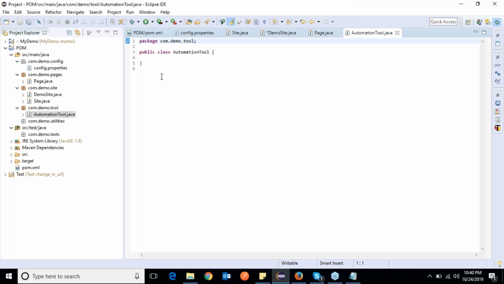All right, so all my WebDriver methods, whatever WebDriver supports, will write customized methods. So that will go here. Okay, now let's go back to this page class, and here